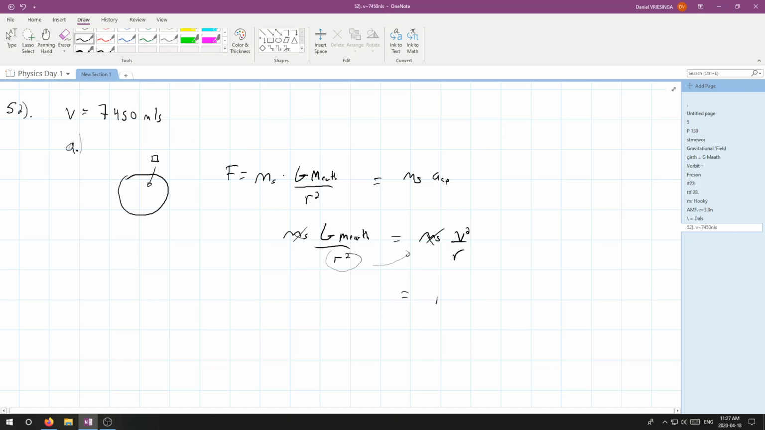And so this will just equal r, because those r's will cancel. And then I'll bring this v squared, I'll swap it. So I'll get GM of the Earth over v squared. Now that'll give me the radius of how far I am from the center of the Earth. So the final answer, the altitude